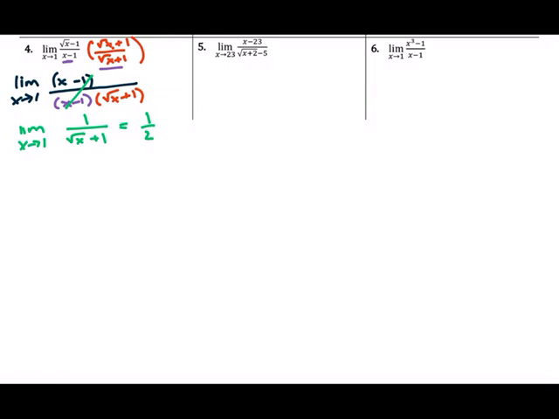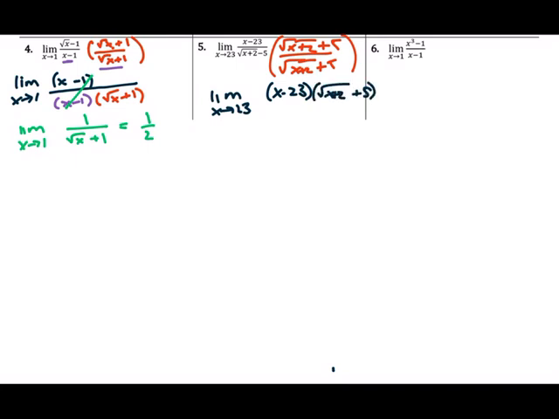Okay, so hopefully you have had time to work through this on your own. I get indeterminate form if I use direct substitution, so I'm going to multiply both the numerator and the denominator by the conjugate, which is going to be the square root of x plus 2 plus 5 over the square root of x plus 2 plus 5. That's going to give me the limit as x approaches 23 of x minus 23. Remember, I'm not actually going to multiply this, times the square root of x plus 2 plus 5,